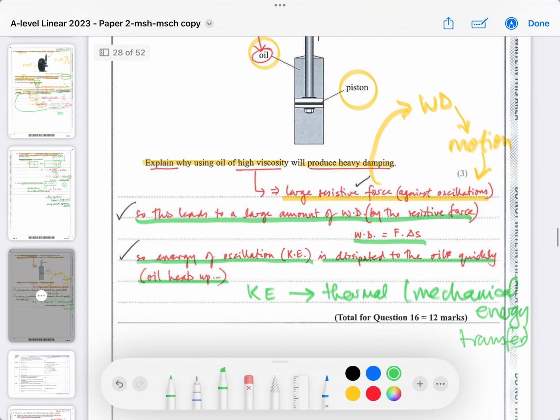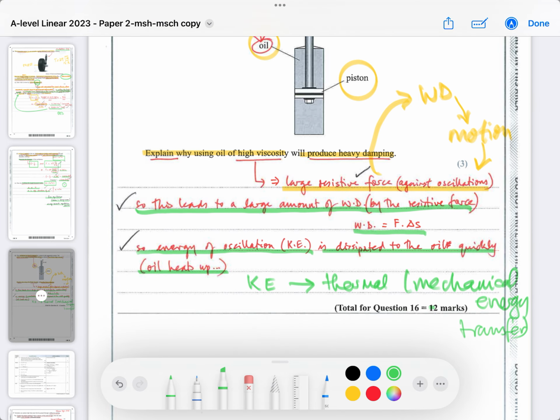So this is the final part of the 12-mark question. It's the only question in the structured section of this paper on simple harmonic motion. Okay, you'll find the difference between the linear and the modular is that modular, because they're only concentrating on the year 13 content, can give you more than one question on each of the year 13 chapters or topics. Whereas because the linear students are also examined on 2 years of knowledge, that means they also have to know about